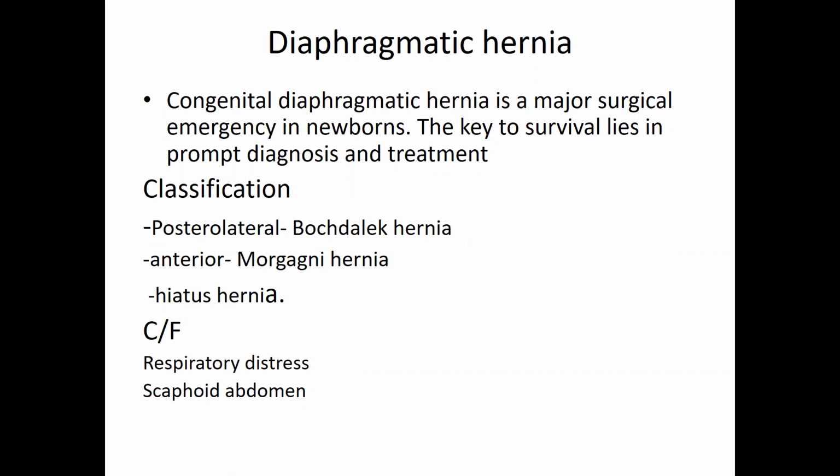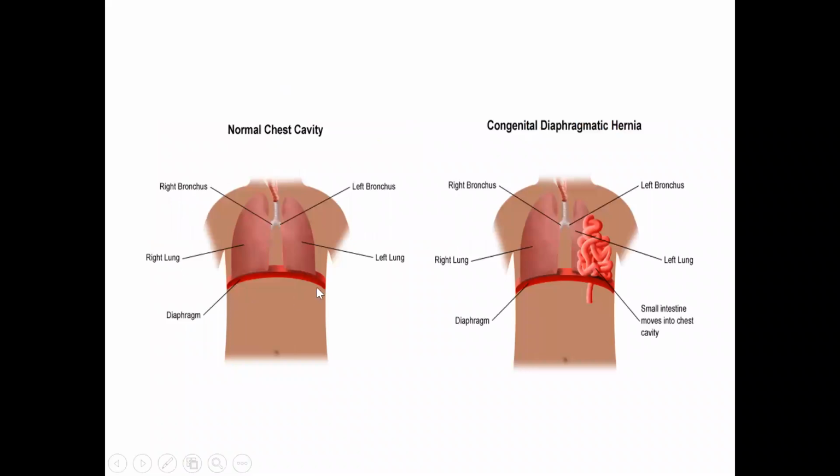Okay, so first we will know this. Look, this is a normal chest. So what is happening? There is a small defect in the diaphragm. Okay, here is a small defect in the diaphragm. From this defect, most of the intestinal contents are in the left side of the thorax. Not only the intestine, sometimes the whole stomach and spleen can be there. If it is on the right side, part of the intestine, liver, or the stomach will be contained in the right side.